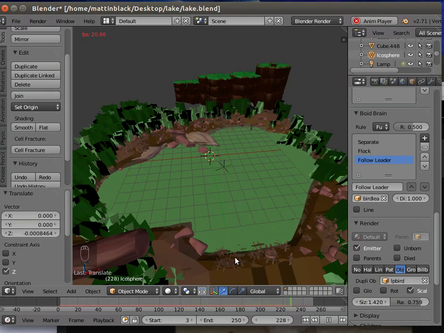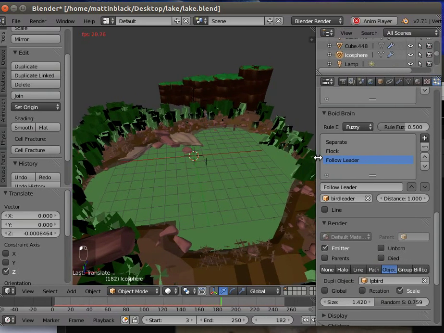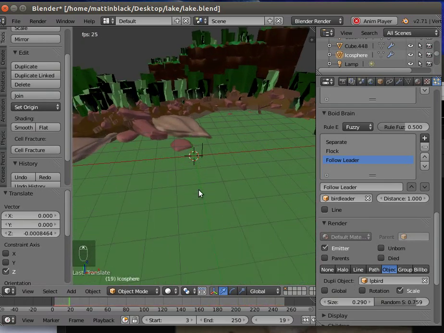And they're not moving very realistically at the moment because I need to get things. We apparently only have one. Well, that's not very good, is it? It might be to do with the size and the rules because they're far too big at the moment. Let's take the size down to maybe 0.2 or 0.3. You can see it's behaving in a more realistic fashion, but it's probably like